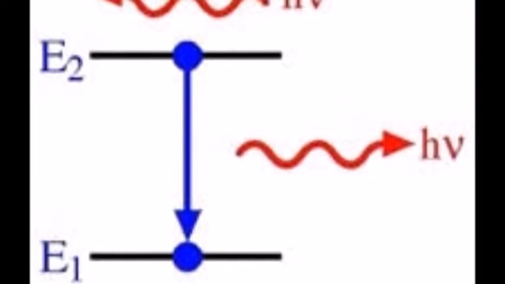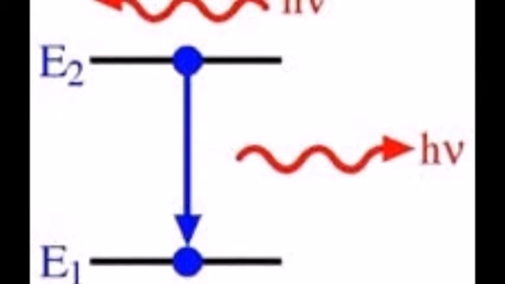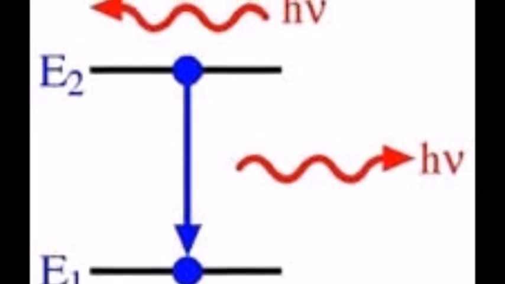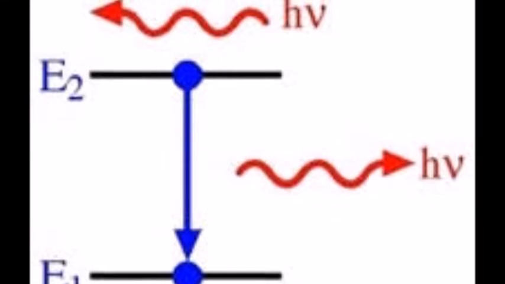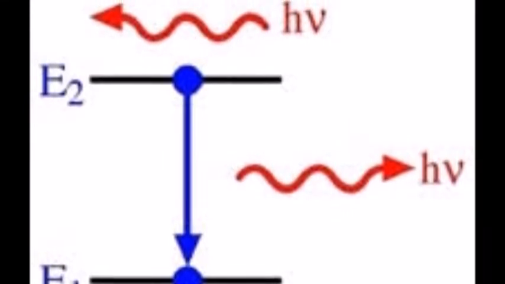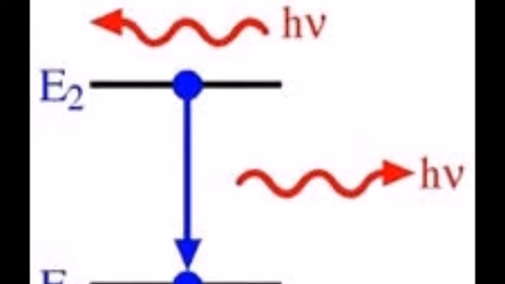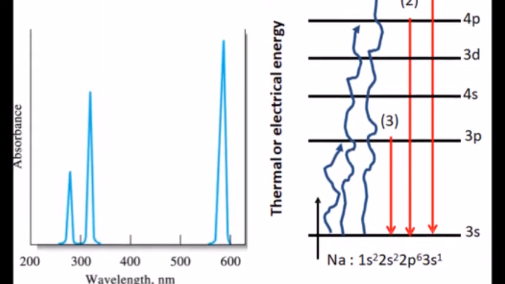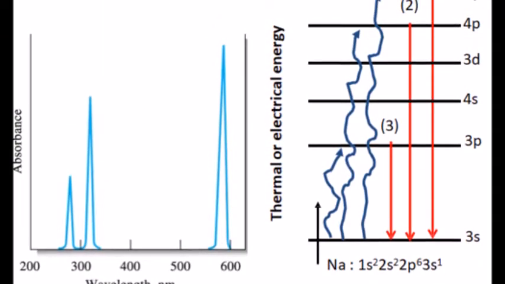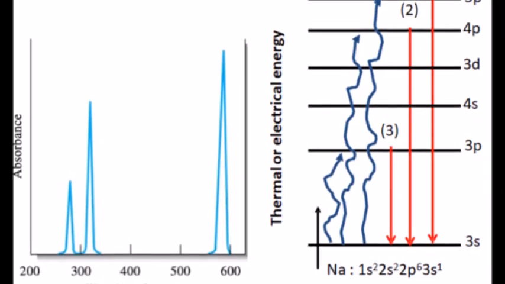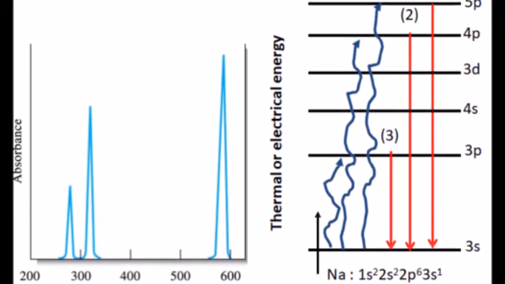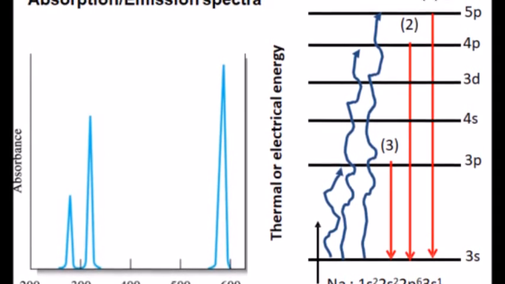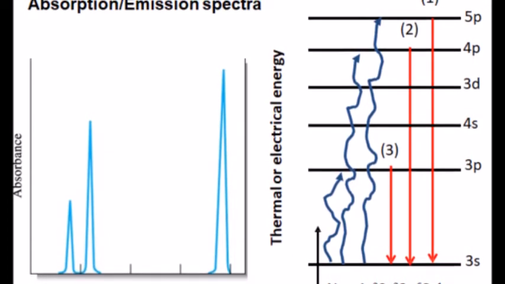During this transition, the excess energy absorbed by the substance is released into the surrounding environment, and this energy is studied by a detector. In nuclear magnetic resonance and electron spin resonance spectroscopy, we were studying this release of energy in the form of electric potential, that is, an electric signal. Here in atomic absorption spectroscopy, you would be studying this energy transition in the form of light. So what kind of light is emitted during the transition of the excited substance to the normal ground level condition? This is the core principle behind atomic absorption spectroscopy.